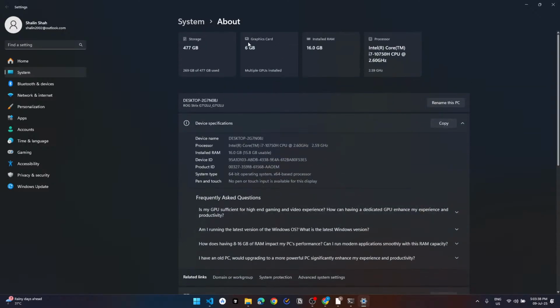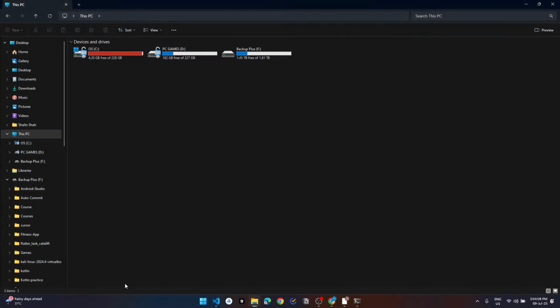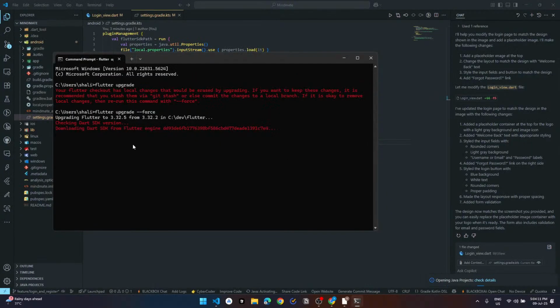I have a 6 GB graphics card, which is a 1660 Ti, and storage of 477 GB, which is 512 GB. And this is the name of my ROG Strix G7. Yeah, I have a ROG laptop.